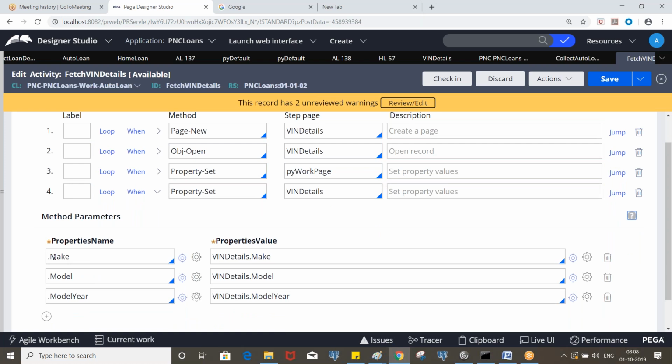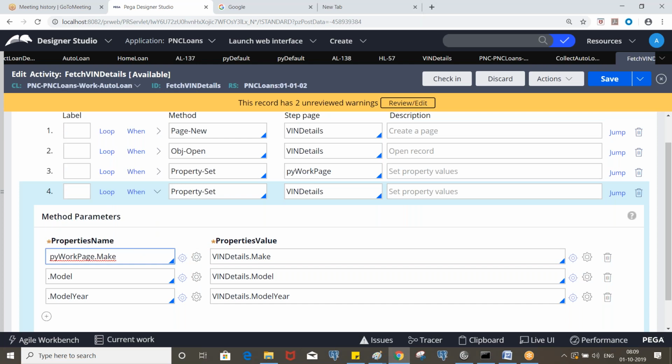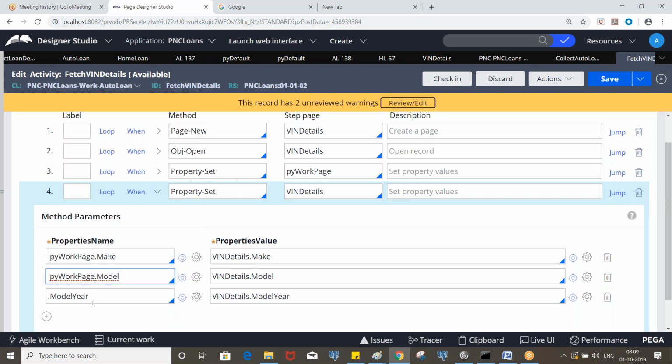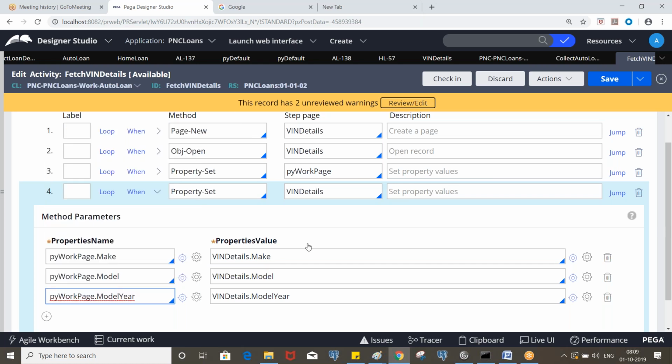In this case, here, we need to put pyWorkPage dot. Can we put it like this? So this is also fine, right? Now, do we need to remove this or not?